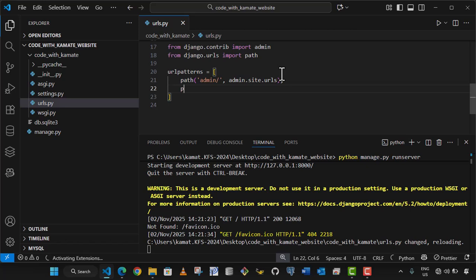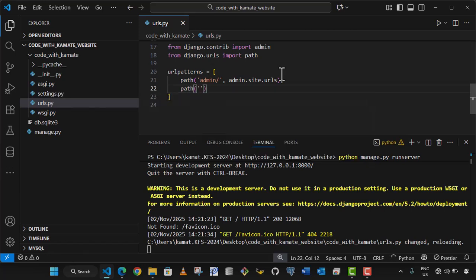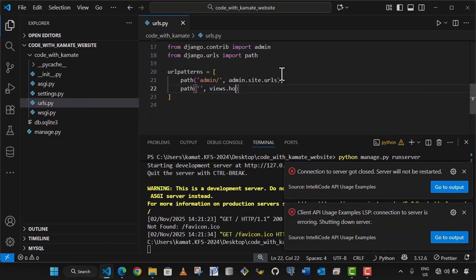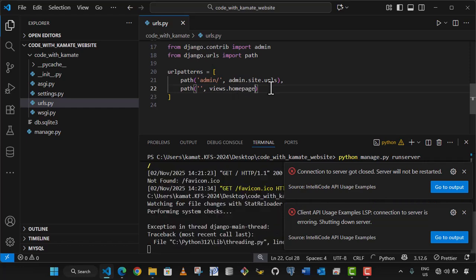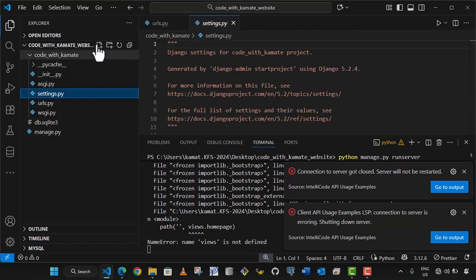So create a path, and this path should be able to open views.homepage. So we are going to create a function in views called homepage, which will be able to handle that request. But we don't have views at the moment, so we also have to first create